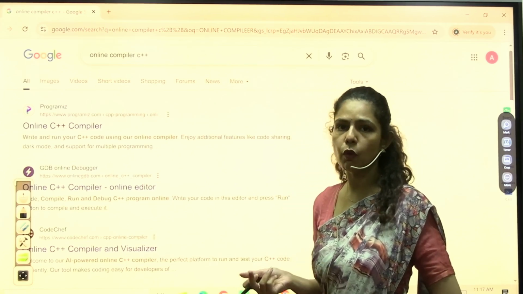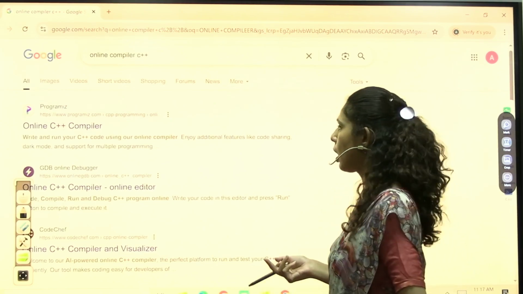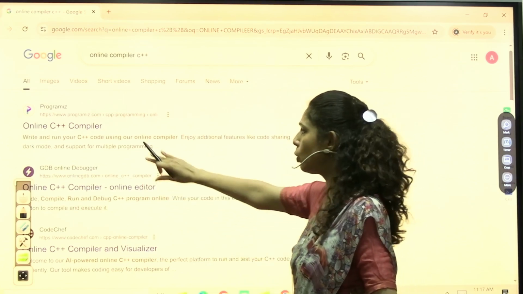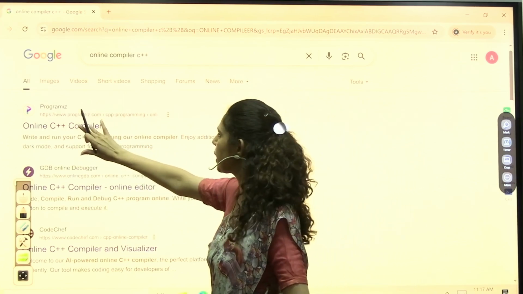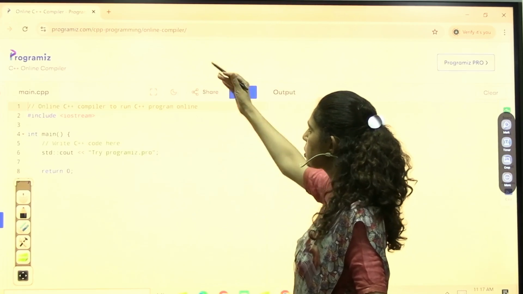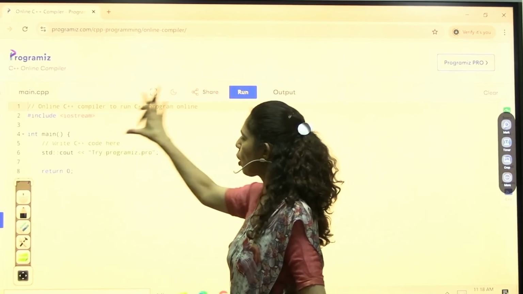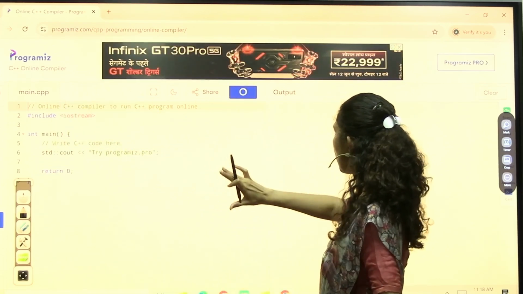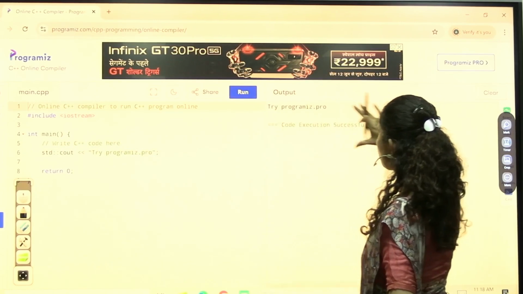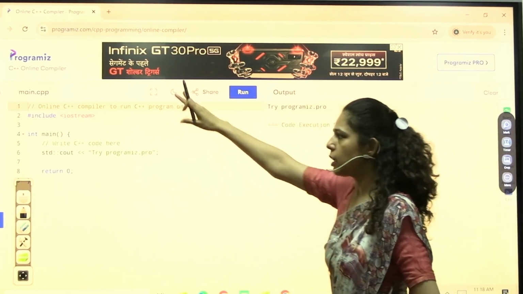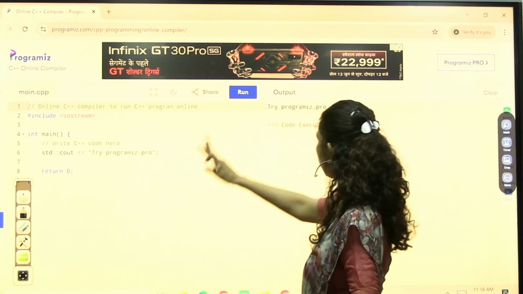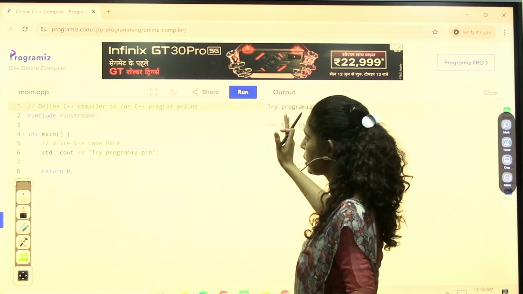There are so many software options available nowadays. If you don't have any software installed in your system, then you can use an online C++ compiler. This is one example. You can put your code inside this segment, and when you run the program, you will receive the output here like this. Any program you have, you put in this particular segment and you'll get the output on this screen.